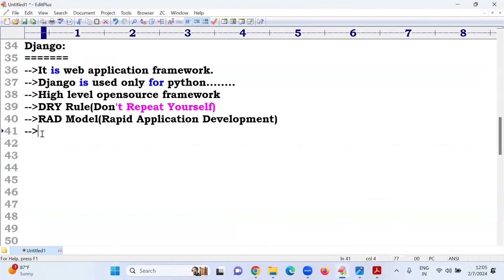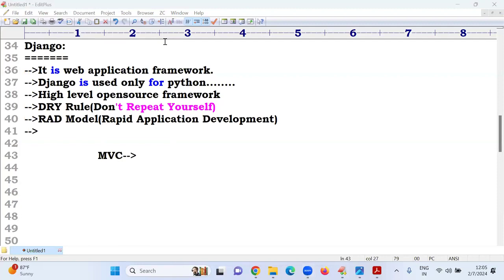And one more thing: to develop projects and applications, there are different architectures. If you know Java or .NET, everyone follows this architecture. What is it? MVC. Anyone having an idea? MVC: Model, V for view, C for controller. Yes, .NET and Java, everyone follows this architectural style.